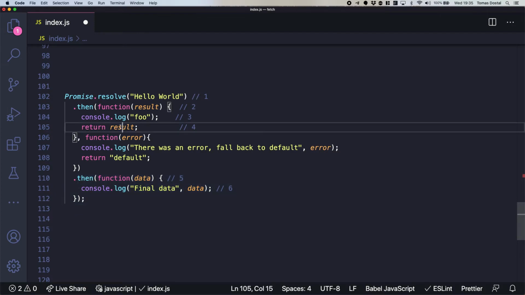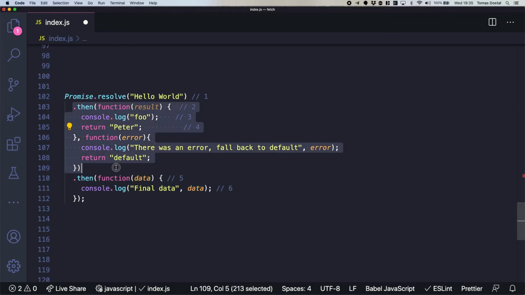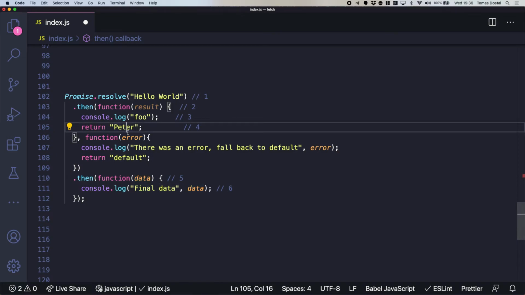The same way, you don't have to return the result. You could just say Thomas in here, or Peter, whatever, and then this data would be Peter. Whatever you return from the first step would be the data in the second one. Does it somehow make sense? Yeah, we just add a string when we return, so we can add any string and get it in data. Yes, it can be anything. You can return anything from here.